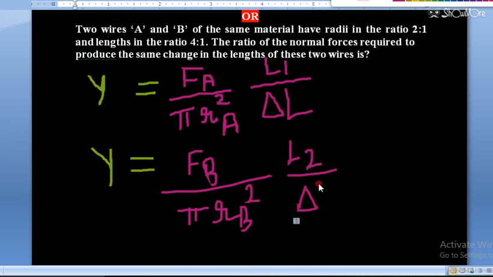So as both the wires are of same material, so their gamma is same. This is gamma, Young's modulus. So you can say gamma or Y. So can I equate these two? So I am equating these two. So after equating these two equations,